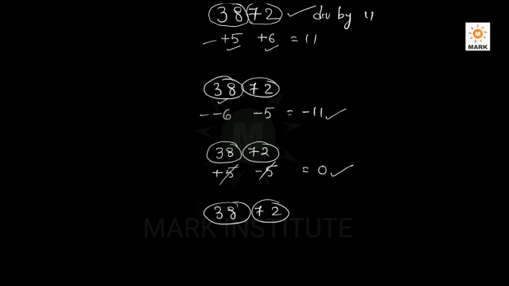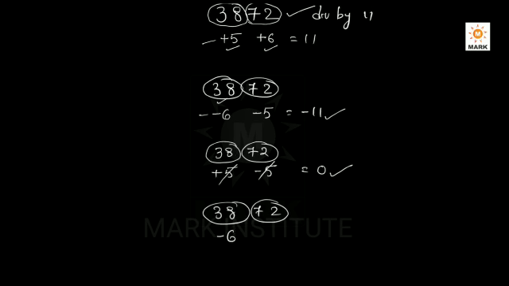Here I am taking the deficiency and this side I am taking the remainder. Suppose if I take the deficiency here, what is the deficiency of becoming 44? Here the deficiency is 6. And here what is the remainder? Positive remainder. Positive remainder is plus 6, because 11 6s are 66 plus 6. Then also if we add these two numbers, the target will be, the answer will be 0.